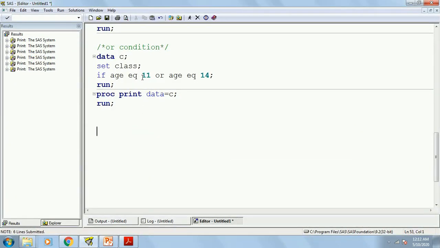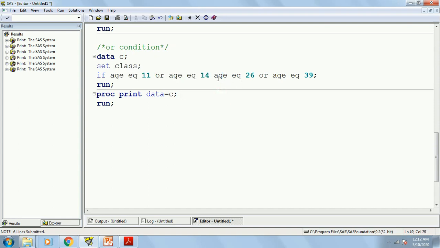Now suppose I want if the age is 11 or 14 or 15 or 16 maybe, then how do I need to write it? I just need to copy this one, equals to 16 or equals to maybe 12. This is how I can do that. And just imagine in this data set you have only age between 11 and 16. Just imagine there are more ages, so this could be 26, this could be 39, but then it's going to be very irritating. Every time if you have to write about 20 odd numbers or 30 odd numbers, you have to write the entire code again and again.